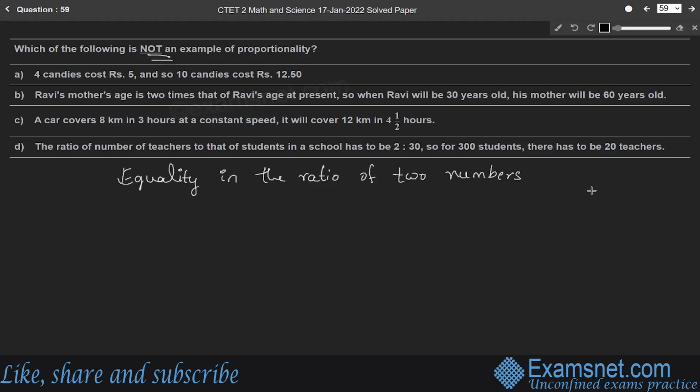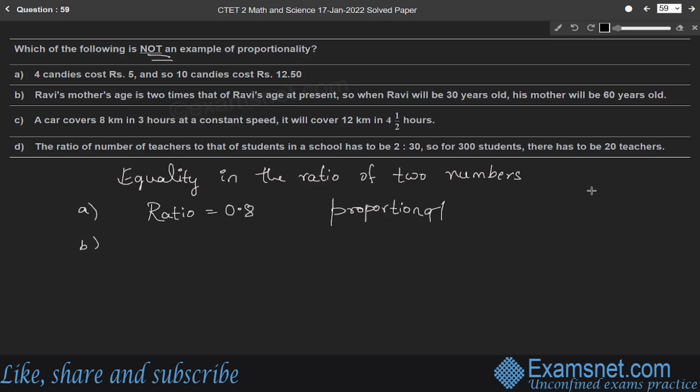said to be proportional. So in option A, the ratio between candies and their cost is 0.8. Whether they are 4 candies or 10, the ratio will remain the same. Hence, it is proportional. In option B,